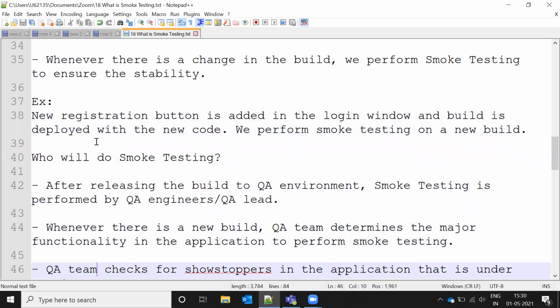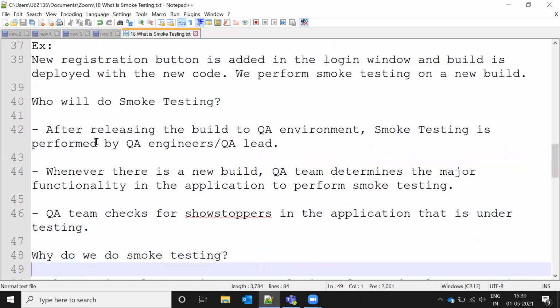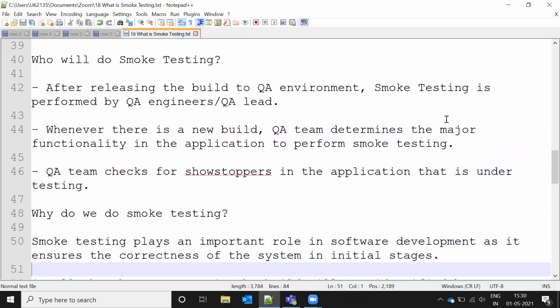Who will do smoke testing? After releasing the build to the QA environment, smoke testing is performed by a QA engineer or QA lead. Any one of the members can do that smoke testing. Whenever there is a new build, the QA team determines the major functionality in the application to perform smoke testing.